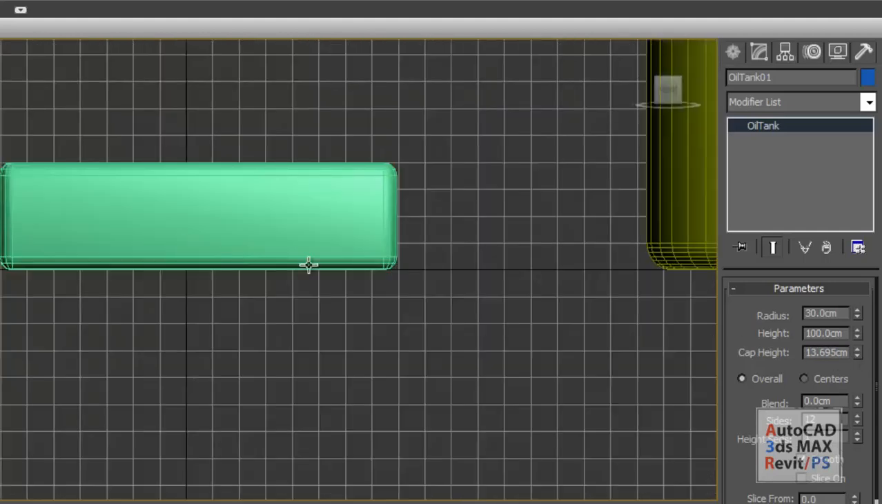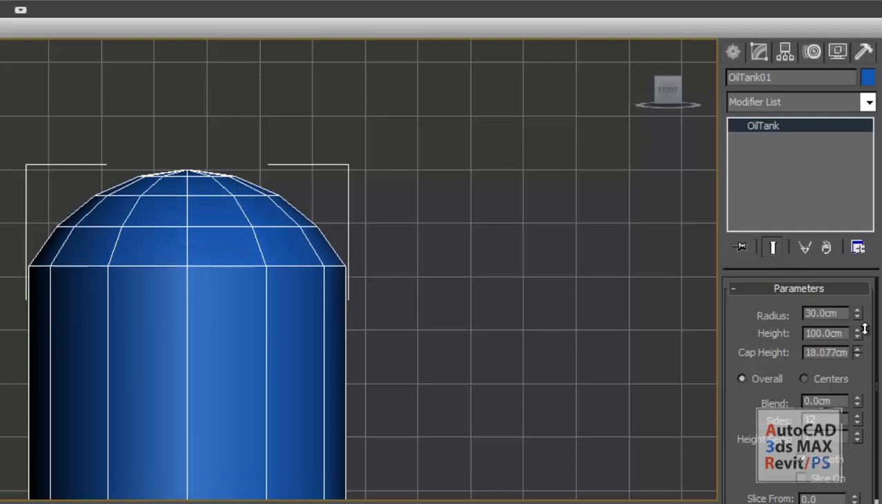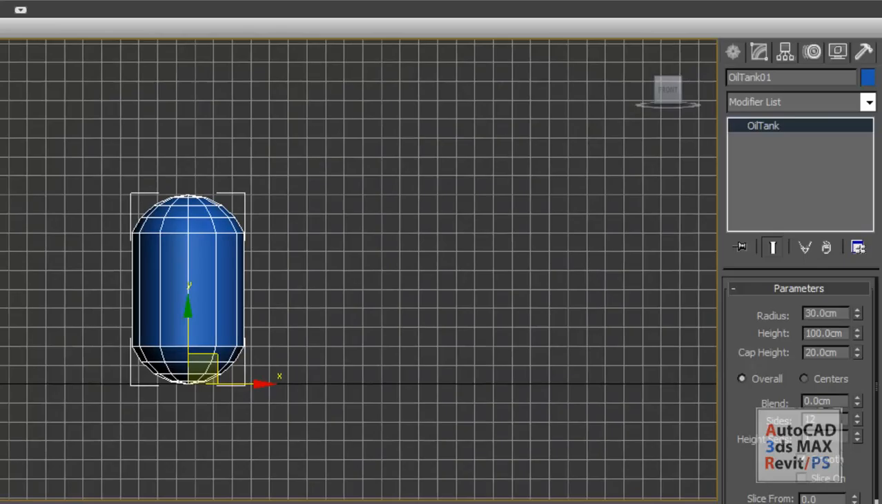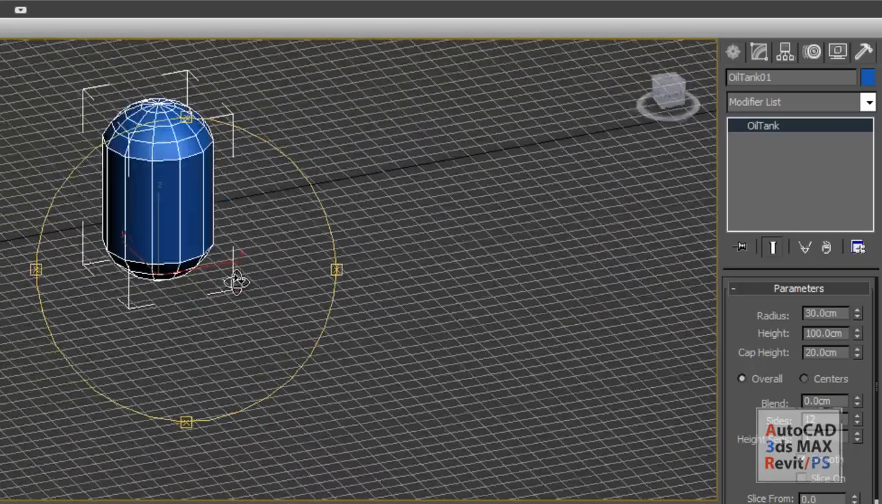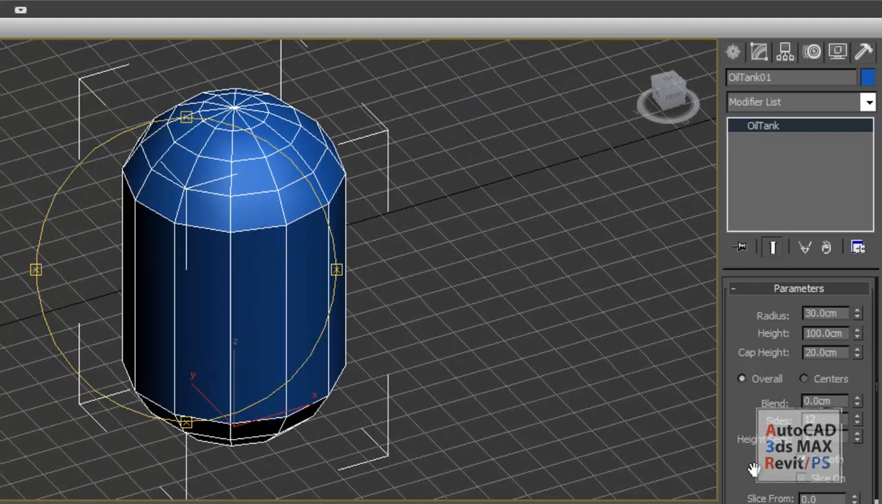If you see from the front view, this is this height, because if I increase it, you can see how it is increasing. This is the cap height. I'll make it, let us say, 20. So this is all about the oil tank. Now, as I have told you in my previous class also, you can make a slice with a